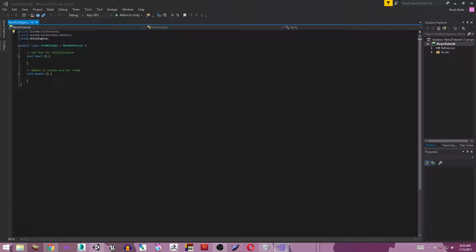First things first, we're going to want to do some commenting. We're going to change this from void start to nothing. We're going to get rid of that. And we're going to change this from void update to private void update. And the first thing we want to check for is the mouse script. So after I comment end of update and end of script,